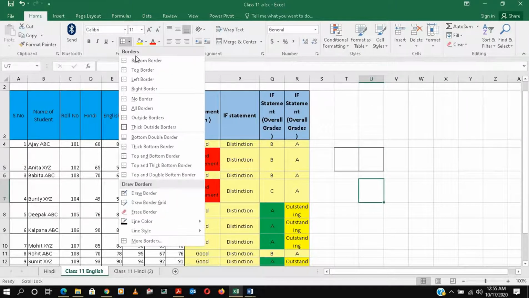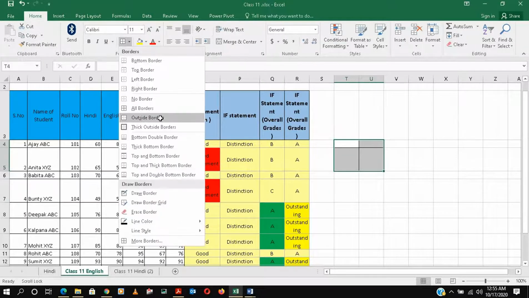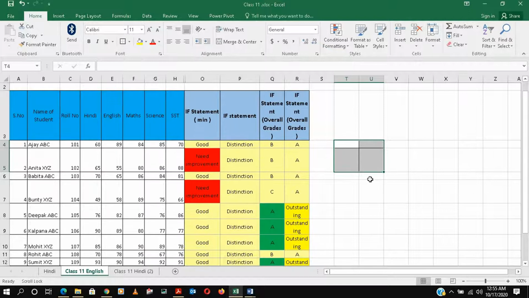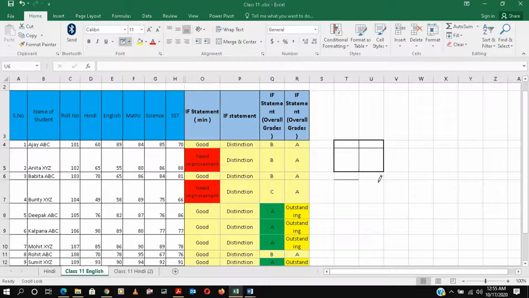Then we have the option of Outside Borders. Suppose this is your text, so the outside border will be there. If you want a thicker border, you can go there and choose Thick Border. The color you can choose, we already saw. If you want to draw a border, just click here and it will draw automatically.